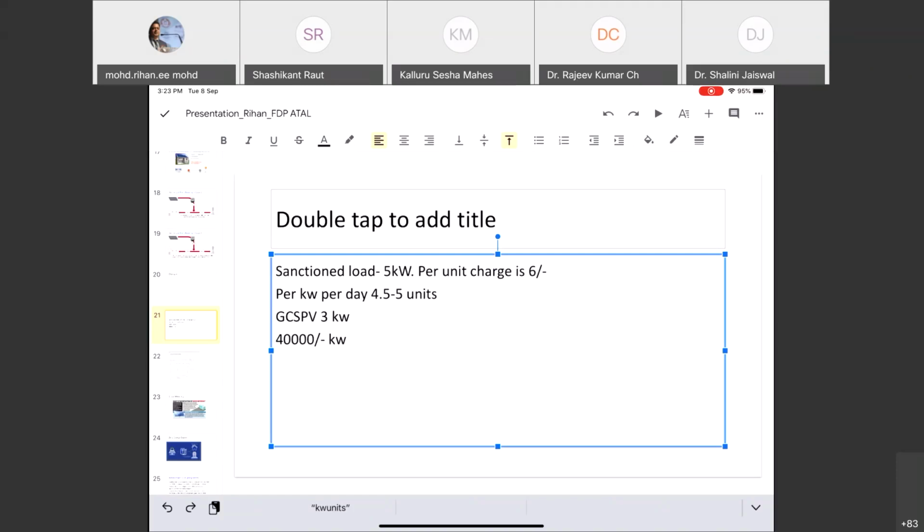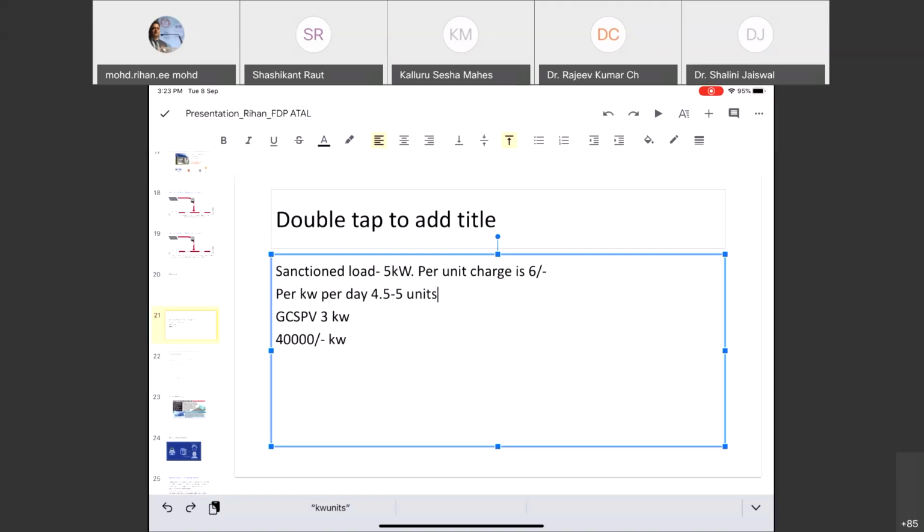It may happen that your plant is exporting the electricity, and effectively during the night, the units which you are withdrawing are being balanced out by some of the units which you have exported in the daytime. That is why I said yesterday that in this configuration you are using the grid as the battery. When you require, you are withdrawing the electricity. When you do not require, you have surplus, you are exporting and saving electricity into it. So that is the idea. So this is how a net metering system works.